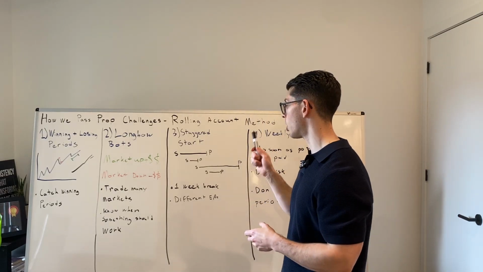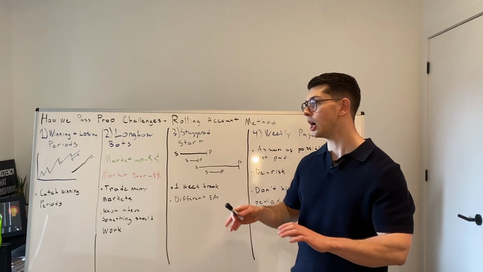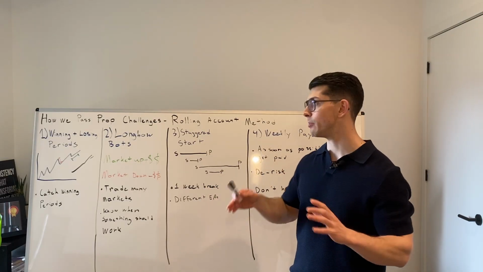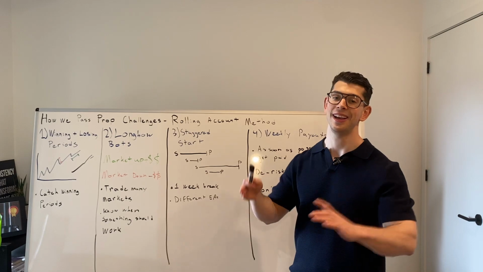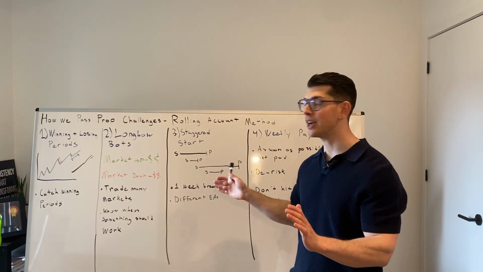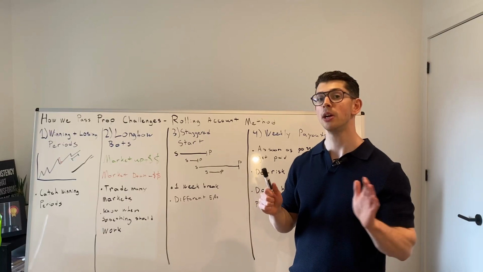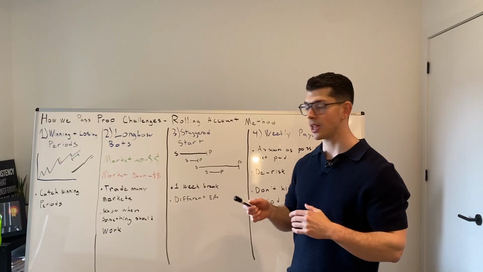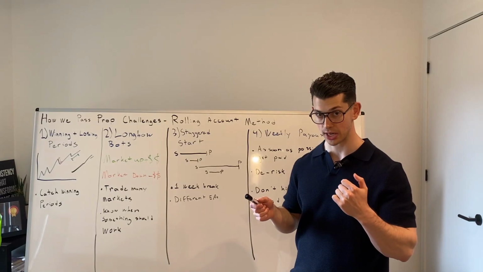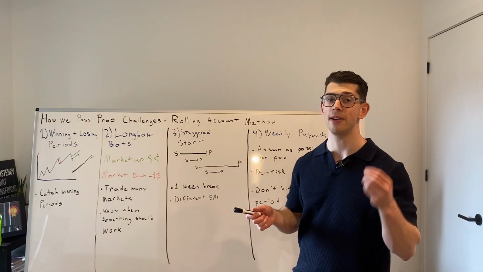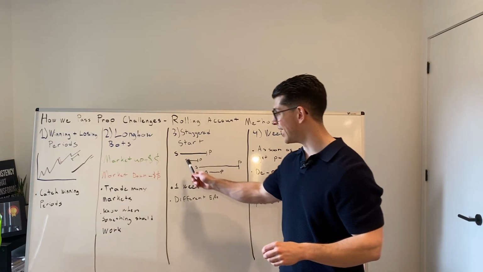And moving on to our third key point here, I spoke about this earlier in point one, but really the main premise behind the rolling account method is to take your normal prop firm challenge size and divide it by a factor of X so that you're able to continuously stagger your account start. So let's say you were going to buy a $500,000 account. Instead of buying a $500,000 account, you can buy 5 $100,000 accounts and then stagger the